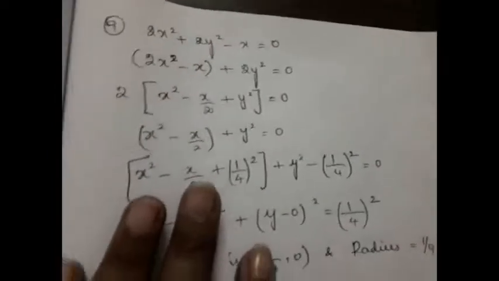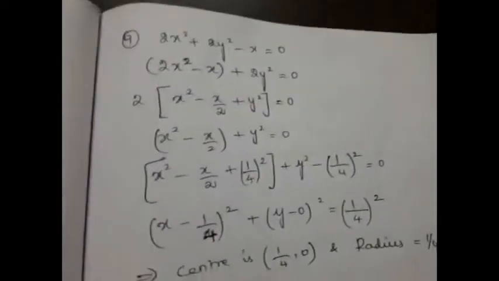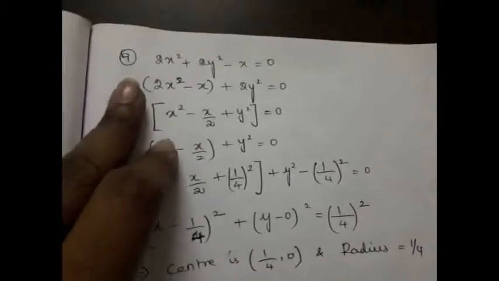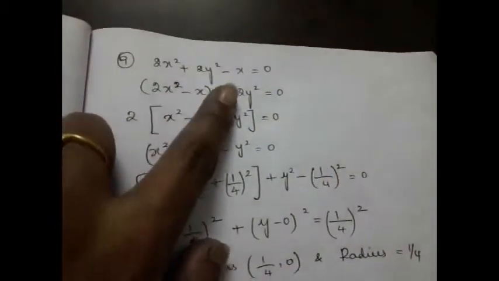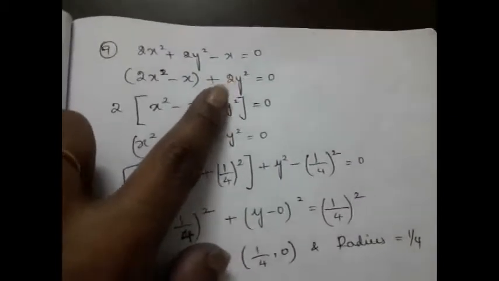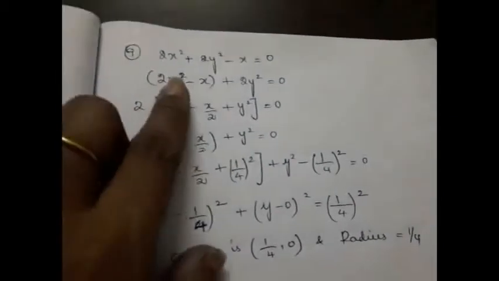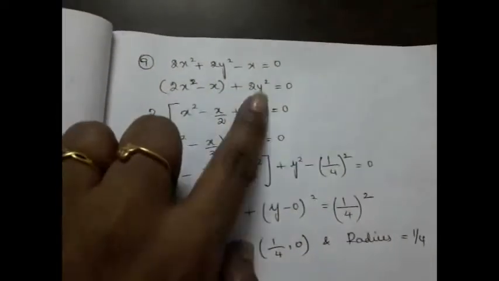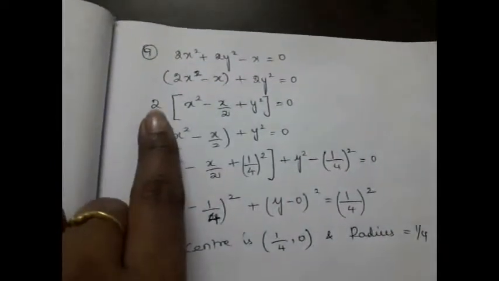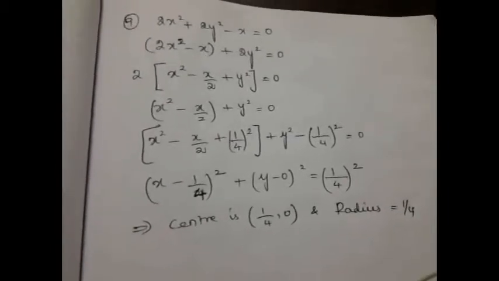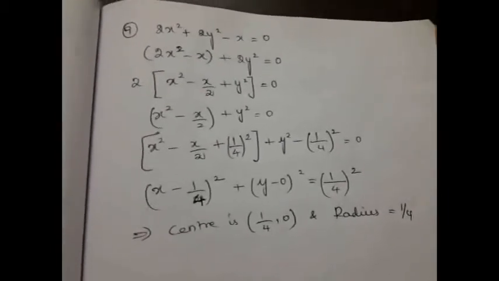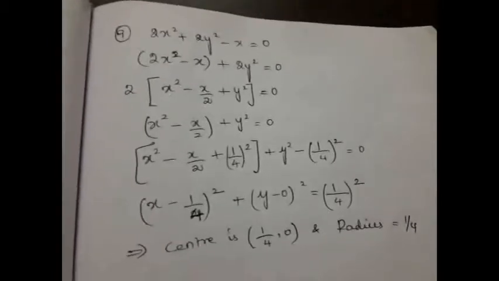In the 9th question also they asked you to find the center and the radius, but if you look at the equation, we don't have a y term and the constant term here. It is simply 2x square plus 2y square minus x. But the procedure is same. Club the x terms together. Since we have 2 here, we can take the 2 common, because we need the coefficient of x square and y square to be 1. Then only we can write it as x minus h the whole square.